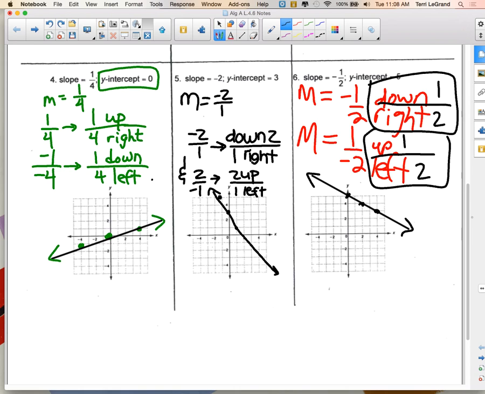Do we like the behavior of the line? Okay, and do we? We should. Why? Because it's negative. Okay, so the slope is negative, which means the line should be negative. What's a negative line? It drops from left to right. That's right. Okay,